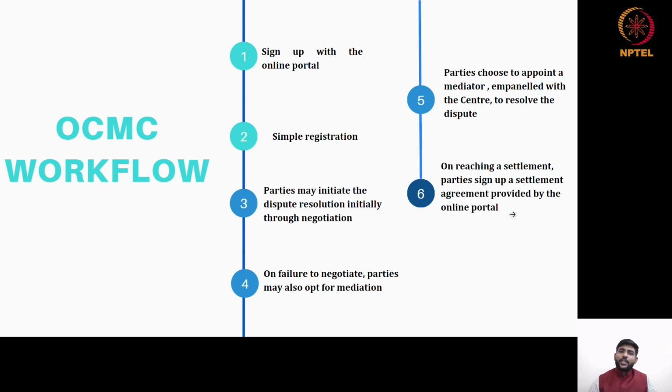Once the online consumer mediation center has accepted the case, an automatic mail used to be generated to the opposite party or the e-commerce companies. The e-commerce company and the party were initially provided the platform to discuss and negotiate among themselves and resolve the dispute. In case they fail to negotiate, the parties may also opt for a mediator, and then